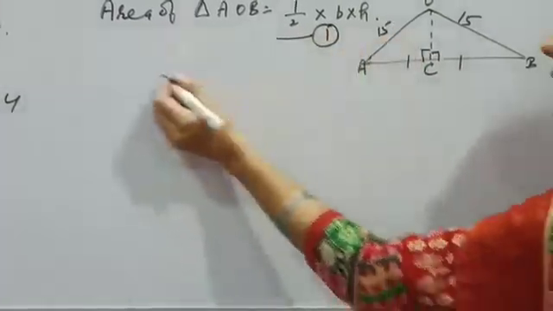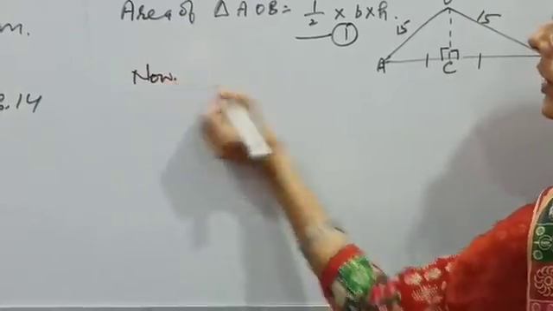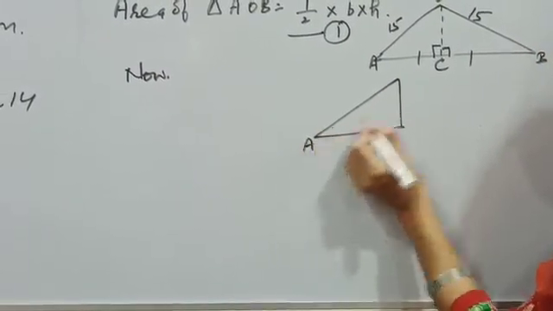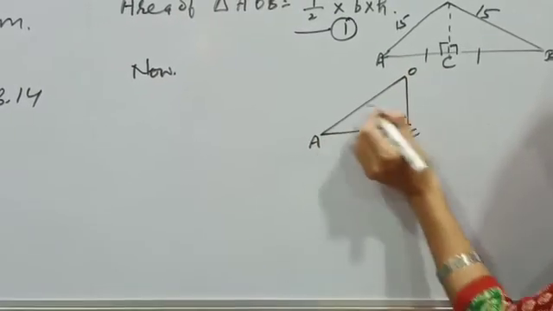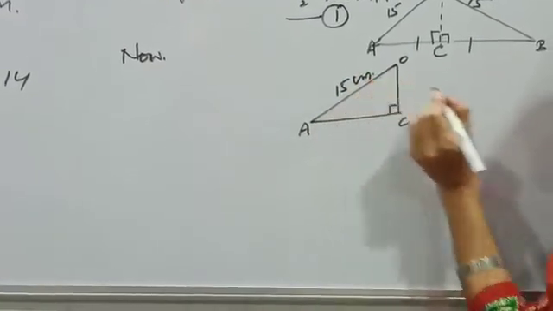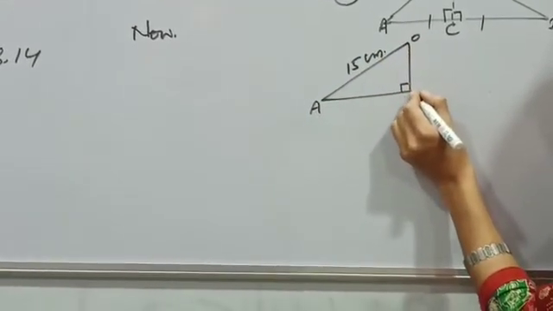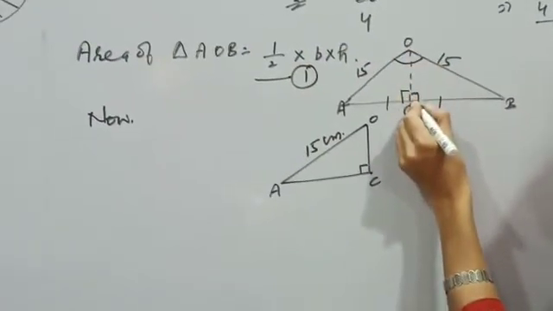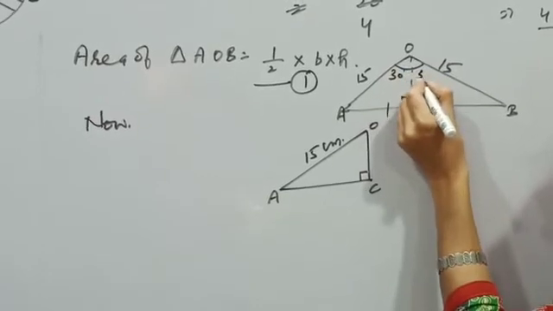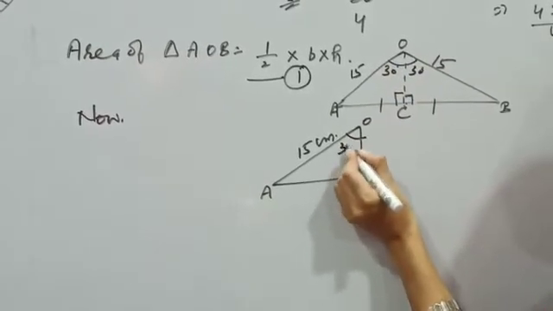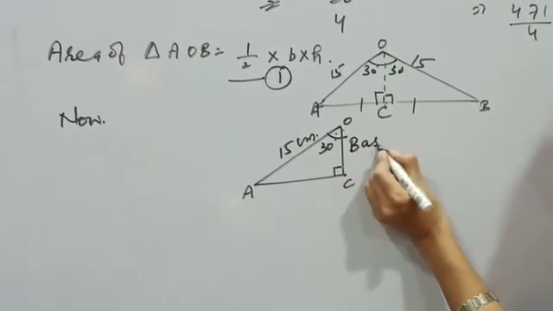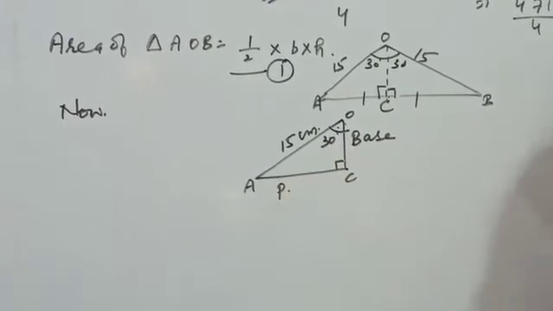Here we are leaving this one, suppose it is the first equation. Now we will use the triangle AOC, where OA is given as 15 centimeter. We want to find out OC, where the central angle is given as 60. So the bisection of this makes 30 degrees and 30 degrees. So this part is left as 30 degrees. The side adjacent to the angle we call the base, and the opposite side we call the perpendicular.